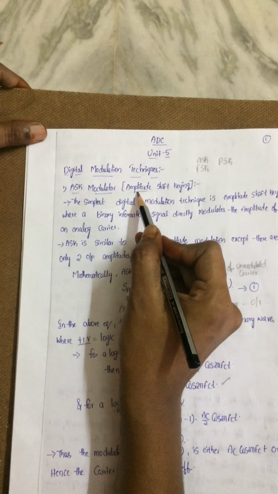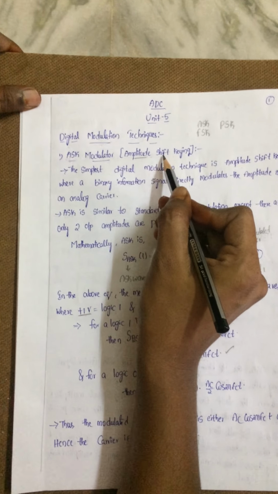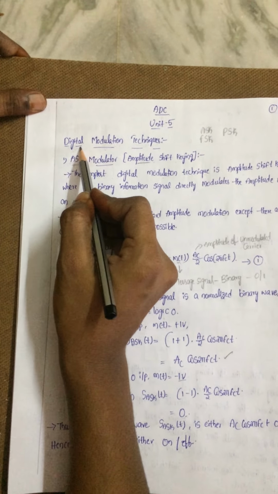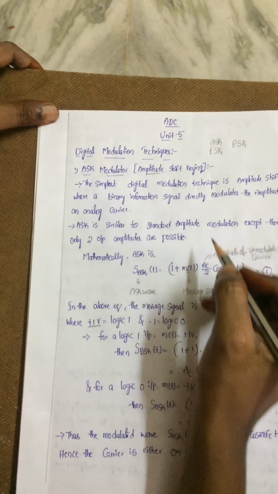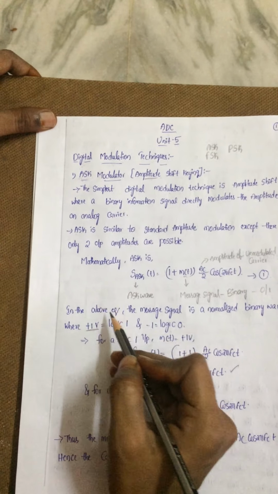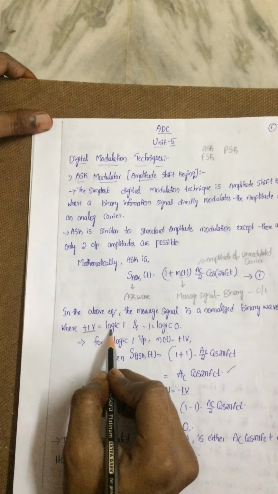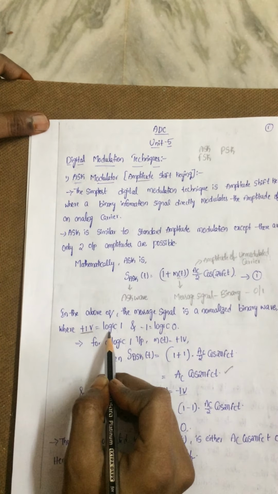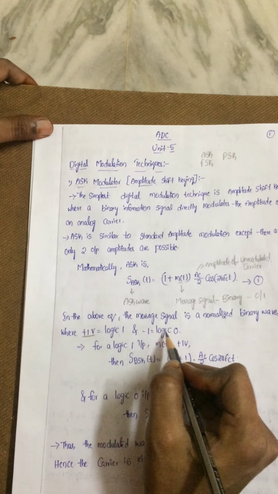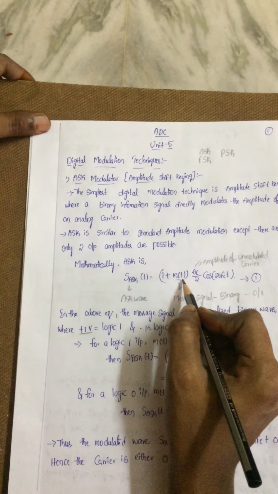So here we are changing the amplitude of the carrier signal with respect to the message signal. That message here we are considering as digital data that contains binary values, either logic 1 or logic 0. So let me take the two values, logic 1 and logic 0. For suppose, logic 1 means my message signal is having plus 1 volt. For logic 0, similarly, minus 1 volt.